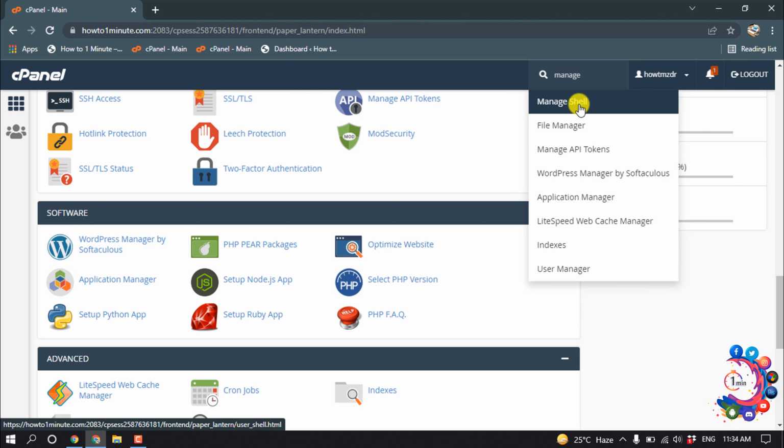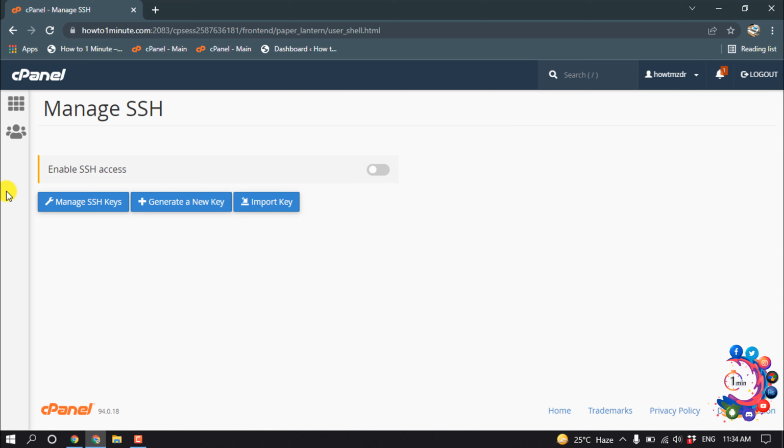search here manage shell and then click on manage shell and enable SSH access. Turn on this and after that